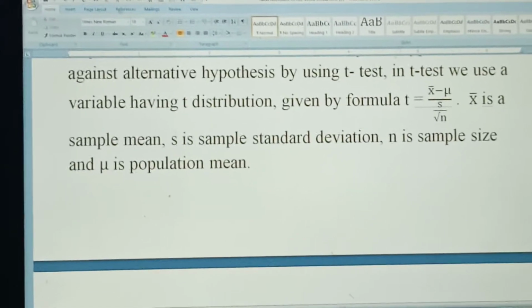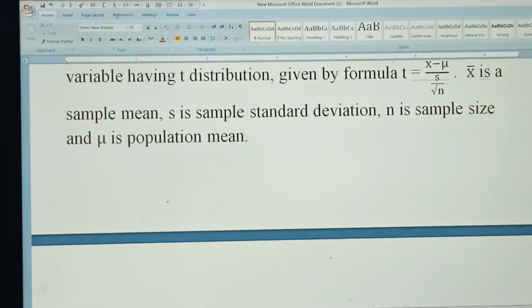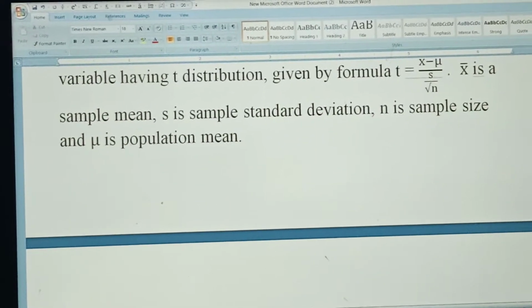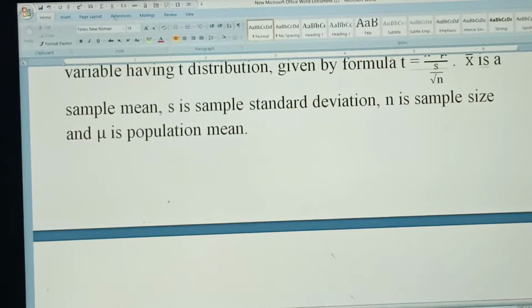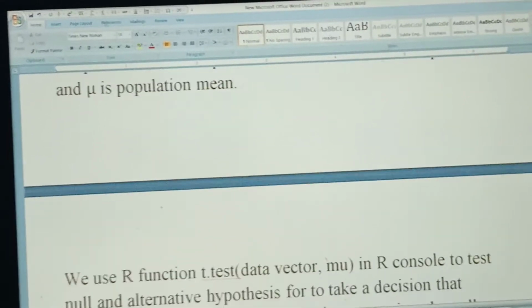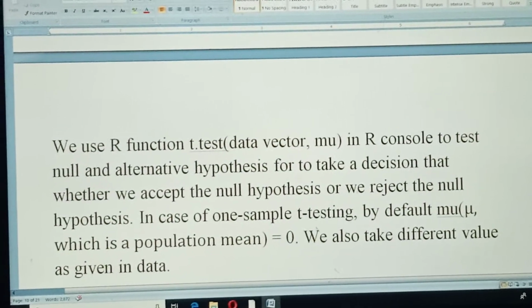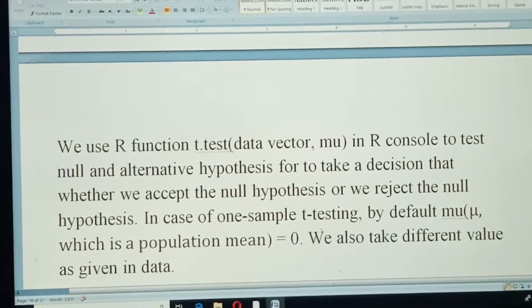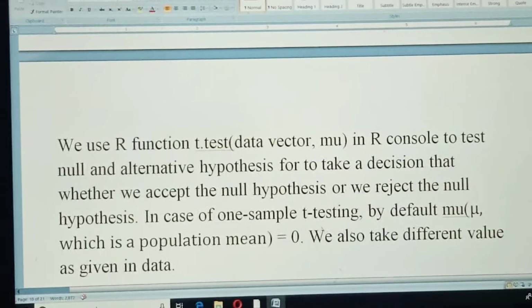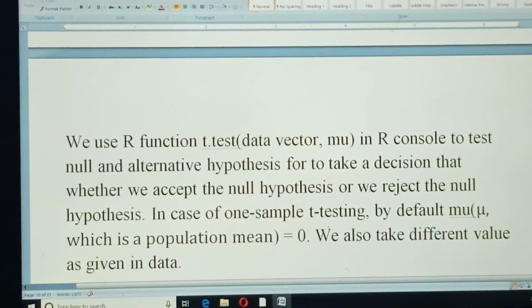Usually in the case of the t-test, we prefer a small sample, that is, a sample size of less than 30. The R function is given by the syntax t.test of a data vector which we define,